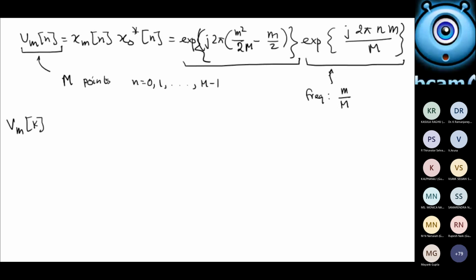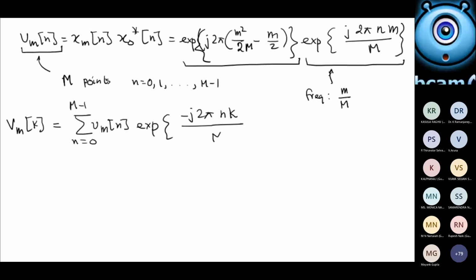Now let's take this sequence Vmn and take an M point DFT, and that gives us the sum over n from 0 to M minus 1 of Vmn exponential minus j2 pi nk divided by M. So this is the DFT equation, and the expression simplifies to